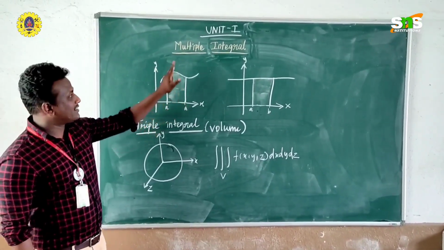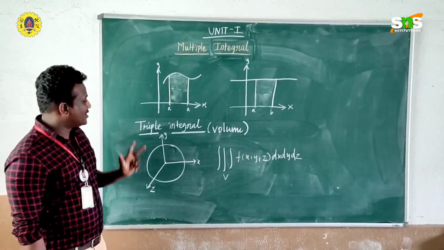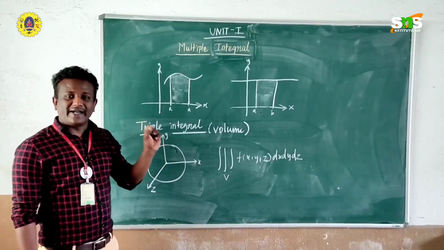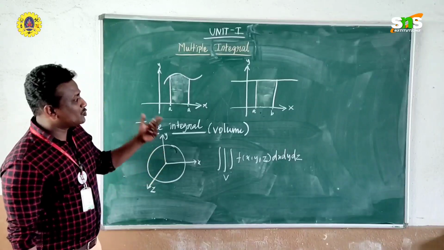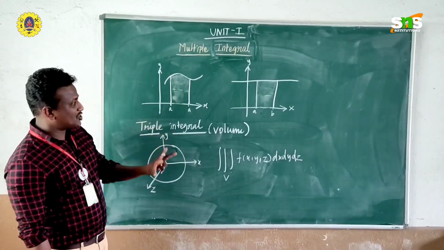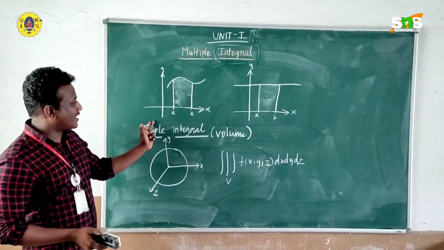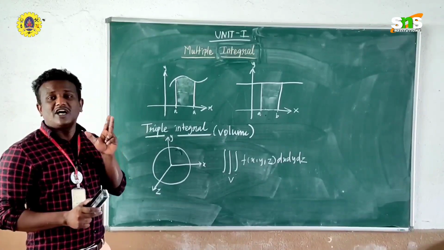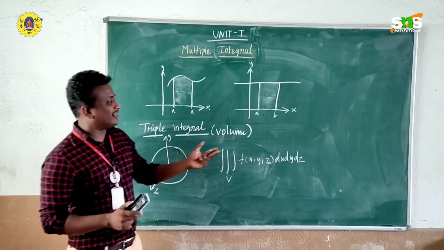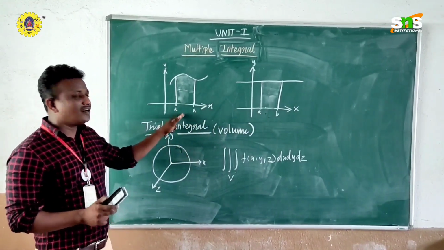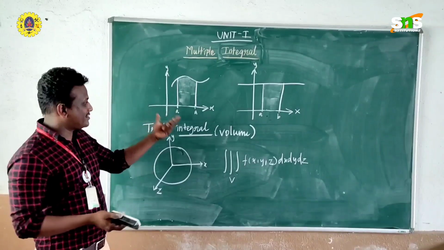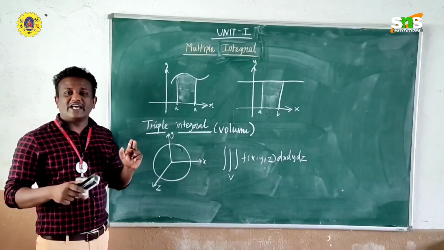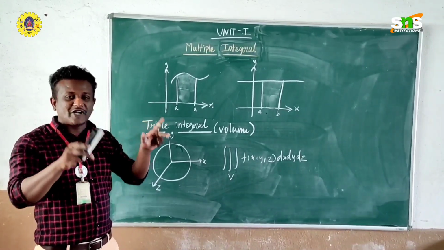Today we have discussed what multiple integral is. Multiple integral is nothing but single integral, double integral and triple integral. We use single integral to find the area of an irregular region. We use double integral to find the area of an irregular region. The difference is that when we use double integral, we get an accurate answer in a short time. If we use single integral, it takes time and is a little bit difficult. To avoid such a situation, we use double integral. Triple integral we use to find the volume of an irregular region.